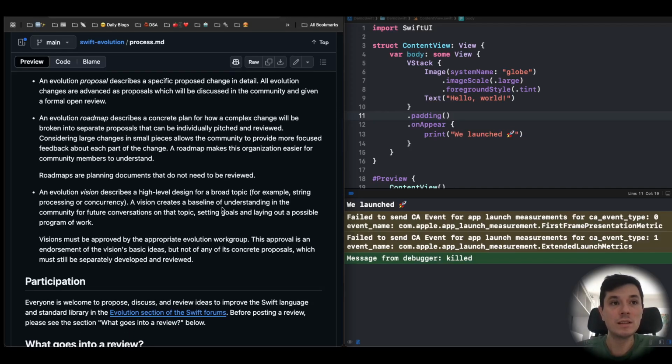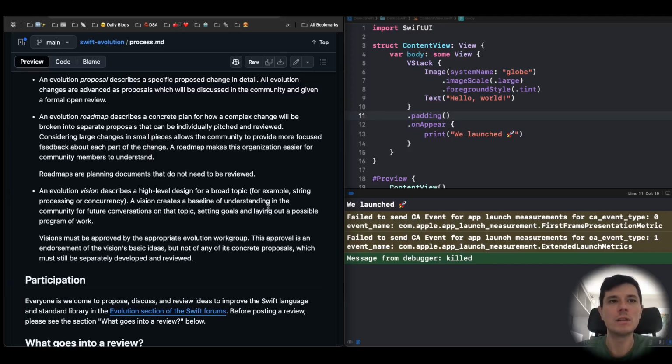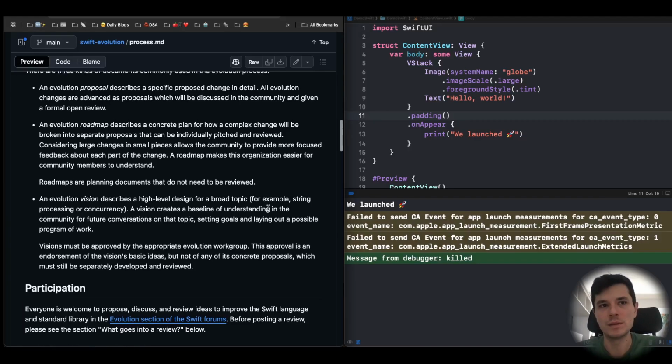And finally, there's a thing called a vision, which is something very broad and high level. For example, I want to introduce concurrency in Swift 6, and that could be a vision. You start working on that vision with multiple roadmaps, and then you split them into different proposals. Anyhow,